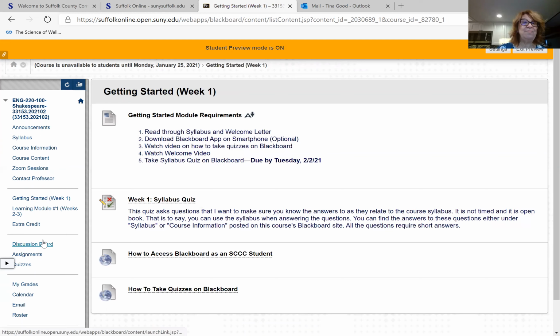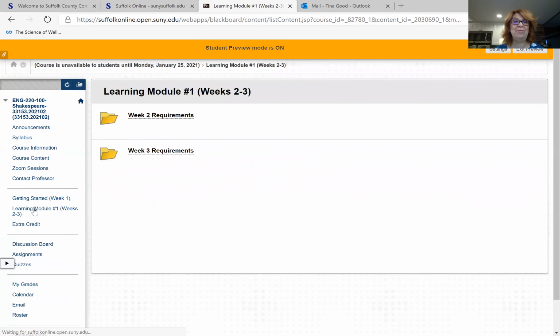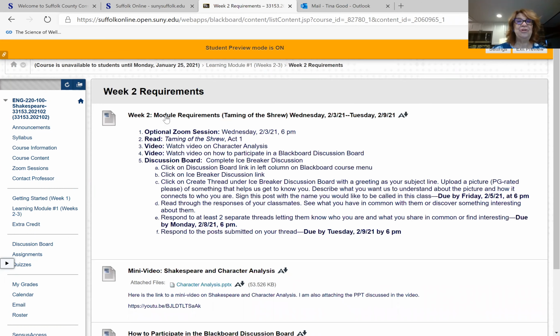Going back to the left menu then, after the first week, we come to learning module number 1, which is where we will be reading Taming of the Shrew. It is broken down into 2 weeks. So we take a look at week 2, and you'll notice again, I have listed the requirements that week that you need to do. So you can attend the optional Zoom session, read Taming of the Shrew Act 1, watch